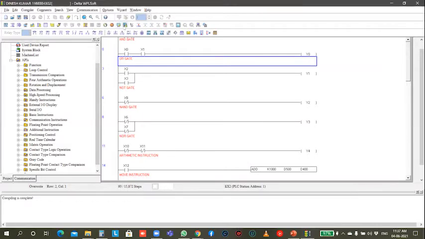This is the commonly used one, downloading to the PLC. When we are creating the PLC program, we have to upload it to the PLC for the machine processor. So we use this download. This is simulation mode. That means if you don't have a PLC, you can use this and simulate the program like that.